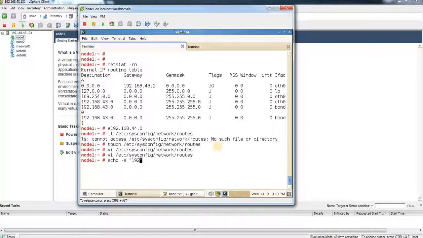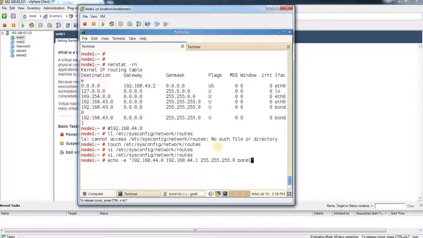So I wanted to add the 168.44.0 network, and my gateway for 44 is probably going to be 192.168.44.1. This is my gateway. 255.255.255.0 is my netmask, and you can also specify